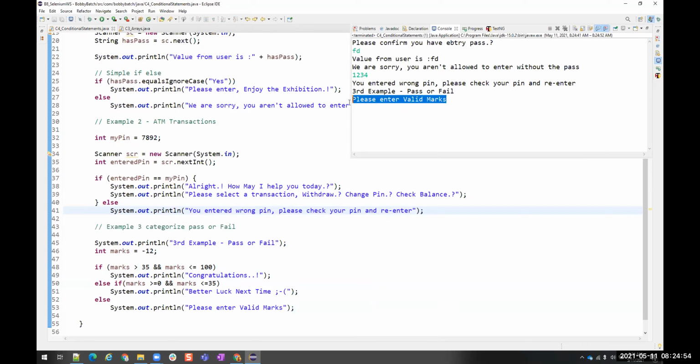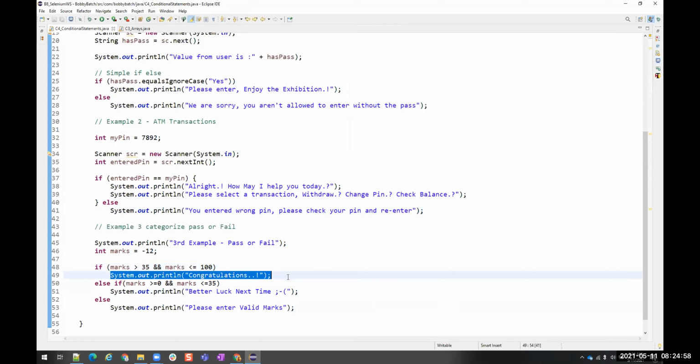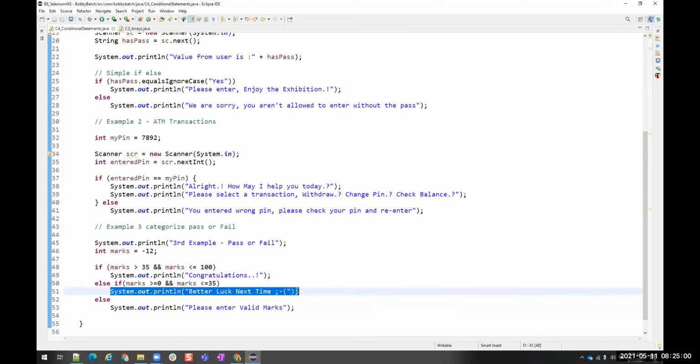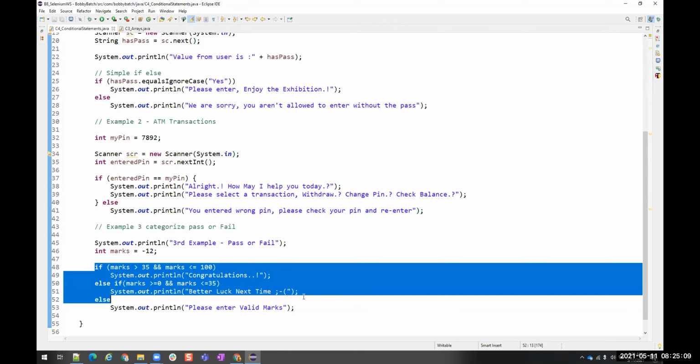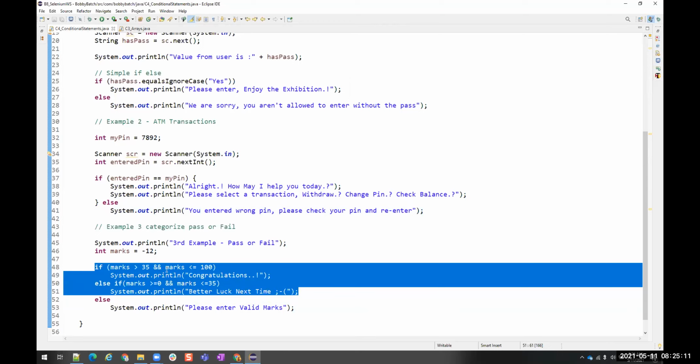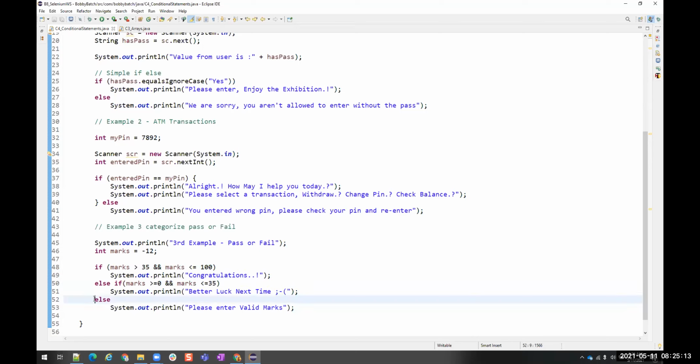Please enter valid marks, because it is not between 0 to 100, it is not going to enter into the if or else if. So the generic category is else. If any value that you are passing is not matching any of the conditions here, it will enter into the general else block. Is that clear?